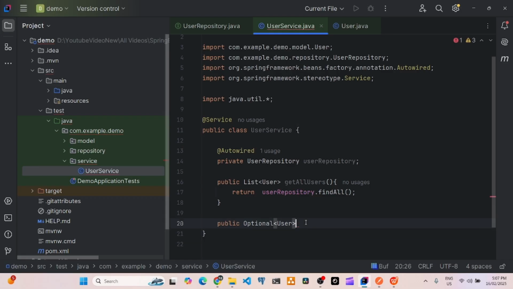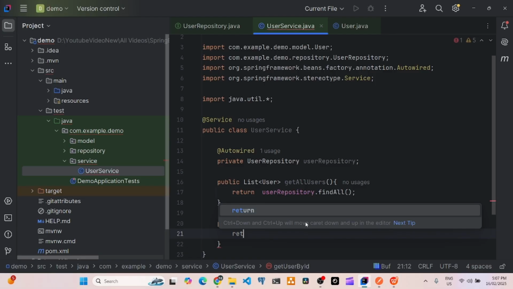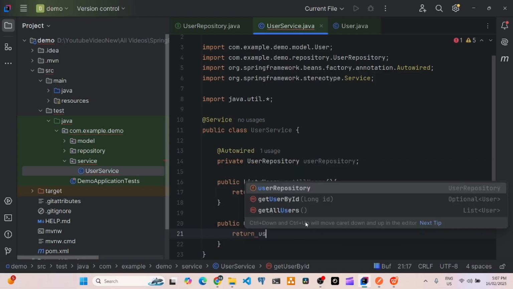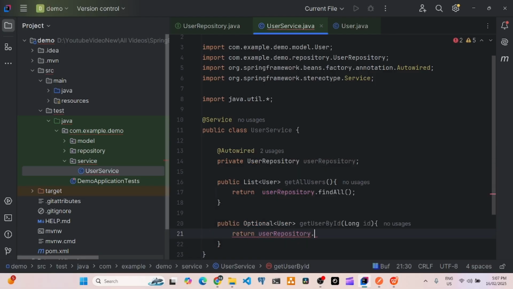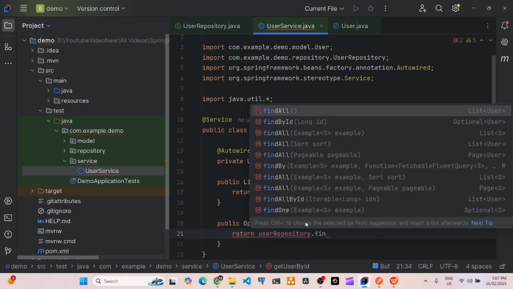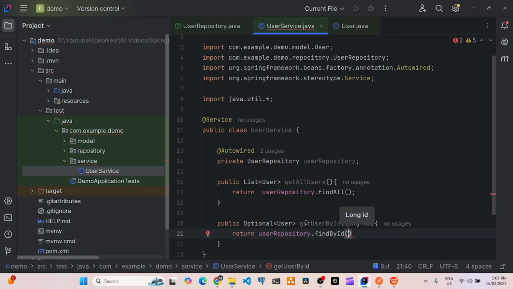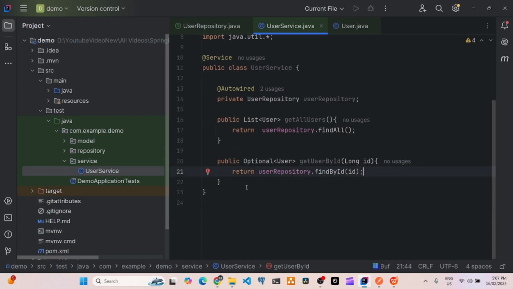So here, this user, I'm going to use getUserById, return userRepository findById. Okay, findById. Next